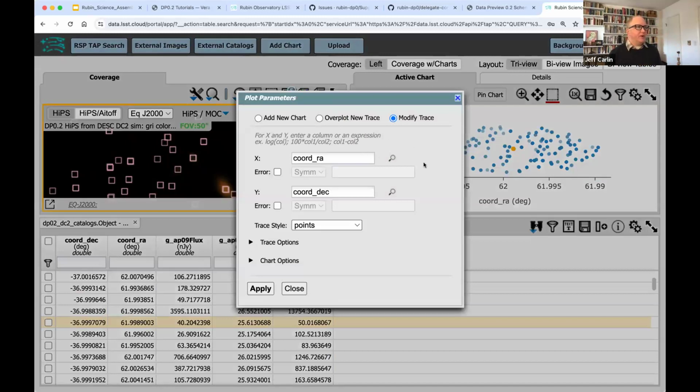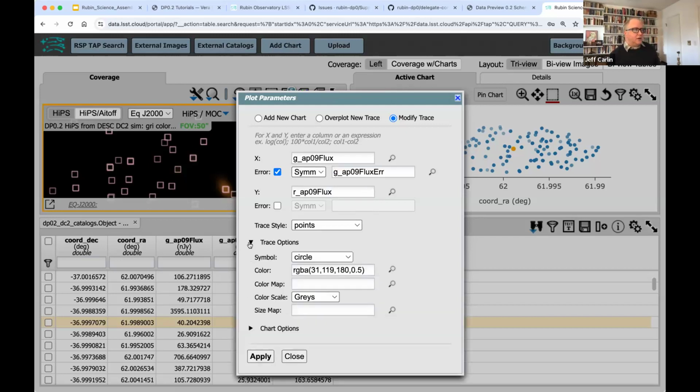So, for example, when I click on this double gear thing, it brings up modify trace, and I can say, okay, instead, and when I start typing, it autofills. When I typed G underscore, it brought up the flux column. And let's say I want to plot it as a function, I mean, this is not going to be a very interesting scientific plot, G and R flux. And I can even put error bars on since I did extract the errors.